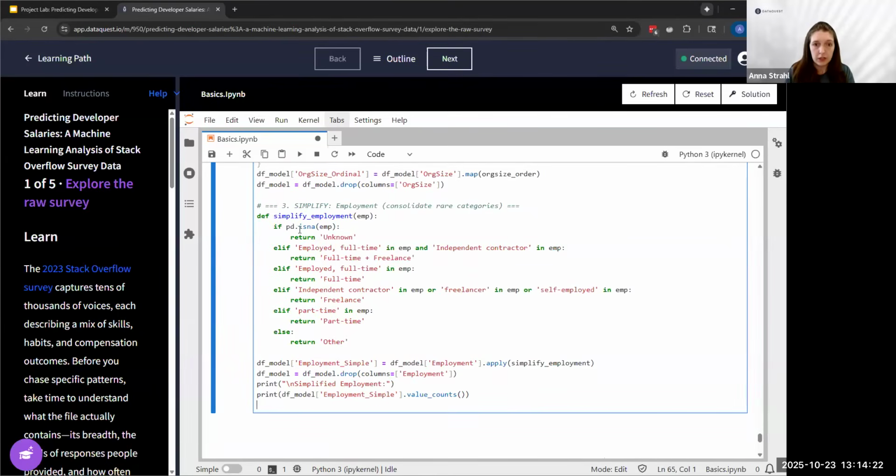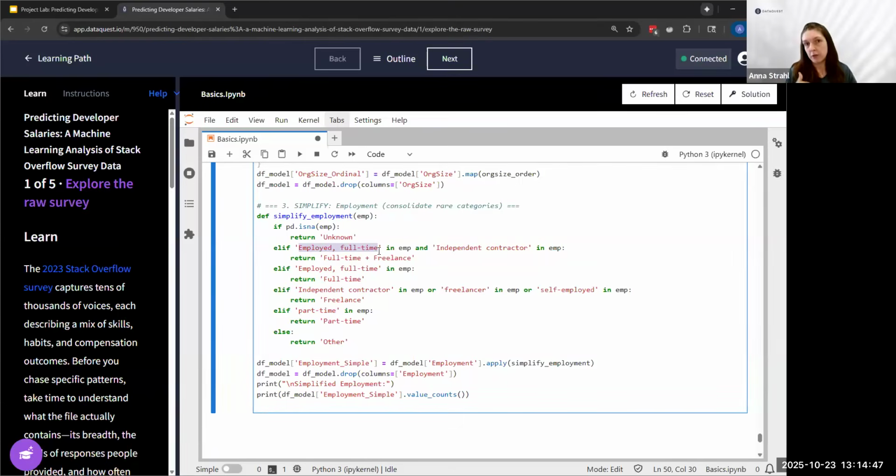Okay, and our simplification is we're going to simplify employment because remember, employment had a lot of different types, but we're basically going to use an if statement to say if it's null, unknown, and there shouldn't be null values, but you always want to have that catch-all. And then we're going from biggest to smallest.